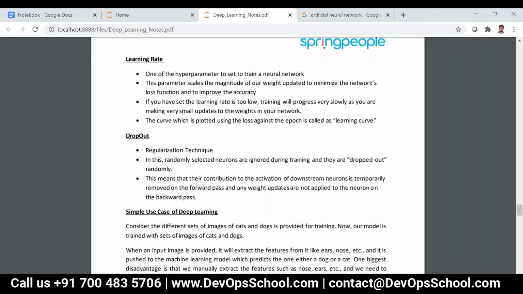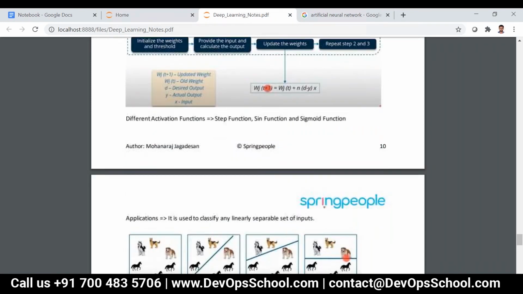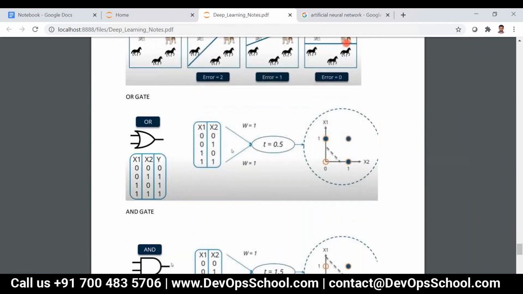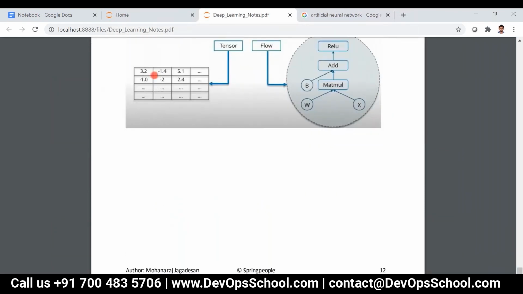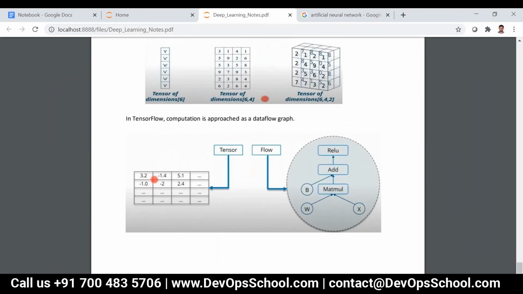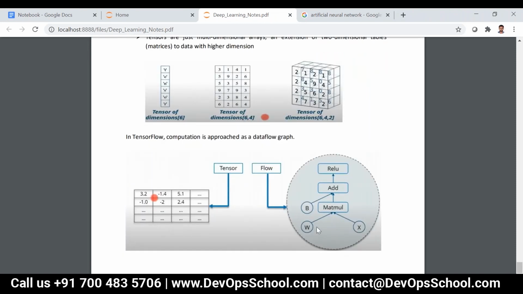These are all you can go through. So this is the data dimension basically, like TensorFlow. Tensor means data, flow means how it is going. For example, this is input, this is weight, and this is the matmul function, that is matrix multiplication.